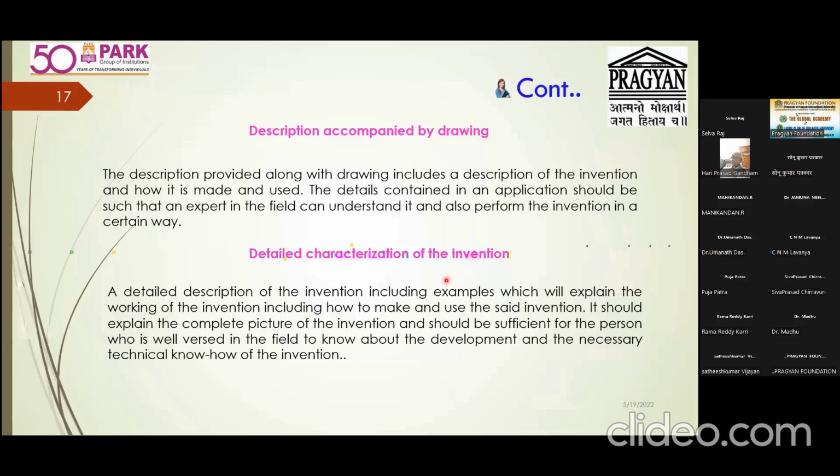Whatever you have, such as experimental data, a functional model, advantages, disadvantages, what's happening inside the invention, what the outcome of your invention will be, what input is given, what output you will get, and how the process responds with respect to input and output. The entire process is to be addressed here. It's a very, very important section, and also a very critical section when you are writing here.